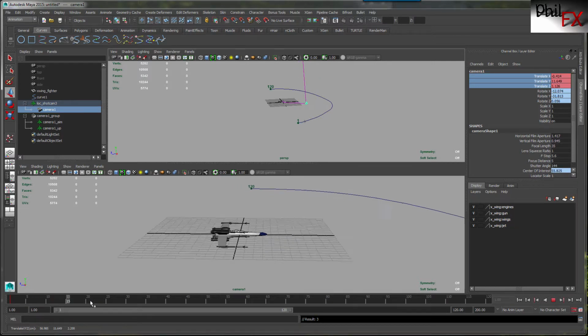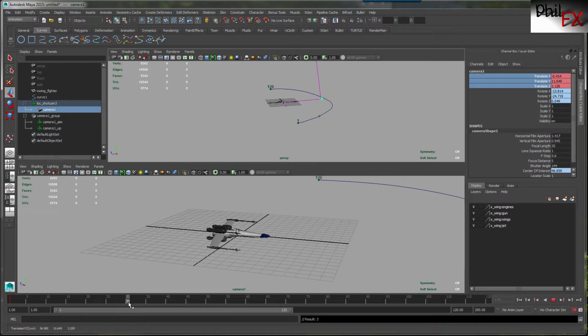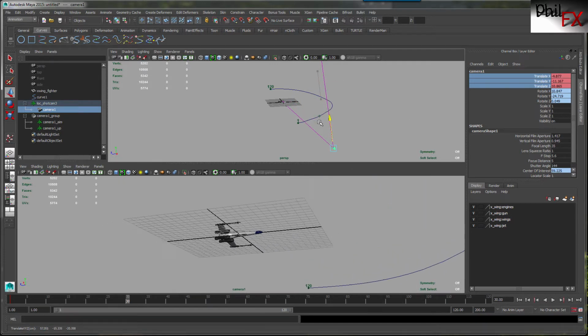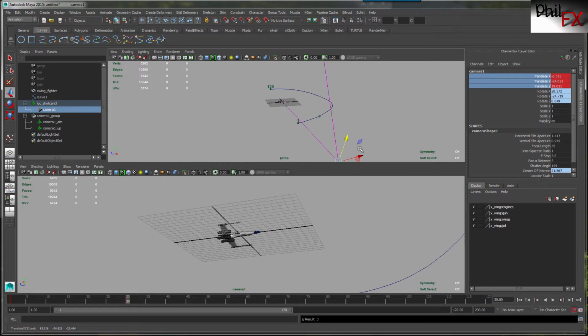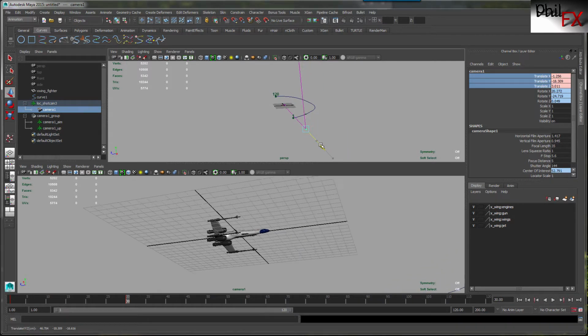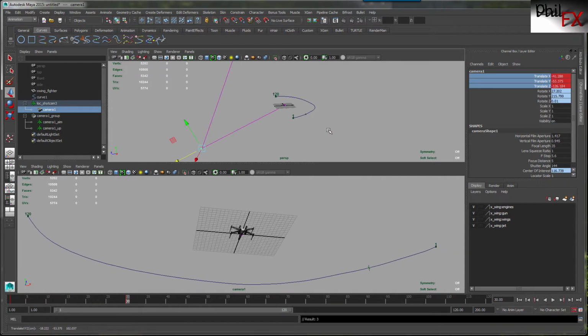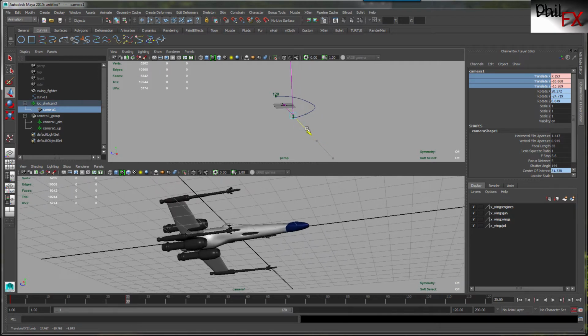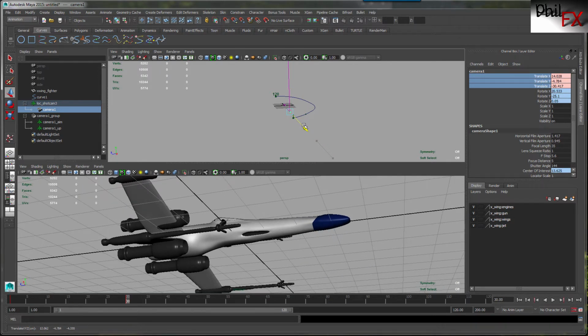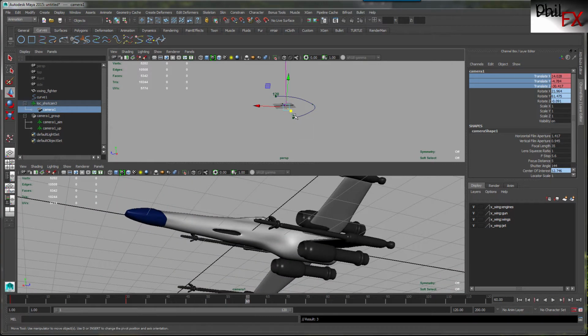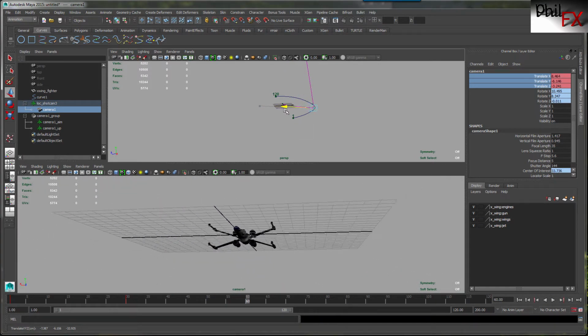So then we go out here to 60. Actually, let's do some fairly crazy things with this. So we'll go to 30 and I'll go way down underneath it. And we'll pull in and we'll zoom in. All right. Whoa. I want to pull and zoom in. What happened there was the thing called a gimbal lock. All right, the camera flipped on me. So we zoom in real quick, and then we'll come out to 60, and I'm going to zoom that back out,